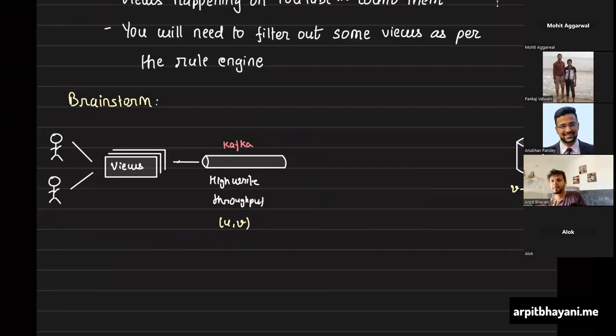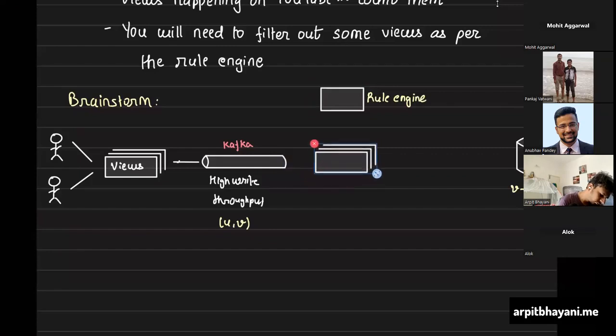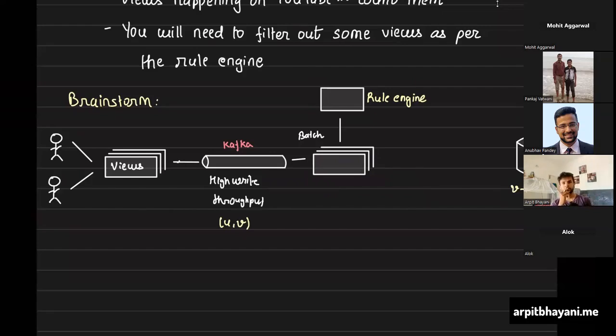That's it. So in that case, your Kafka consumer itself would invoke the rule engine API. You will get a batch of video IDs in one batch of records in a consumer, and you could basically pass that batch to the rule engine to validate which views are valid or invalid, and based on whatever it returns, I can update the database based on that data. After this, you would directly write to the database to count plus plus and so on and so forth.